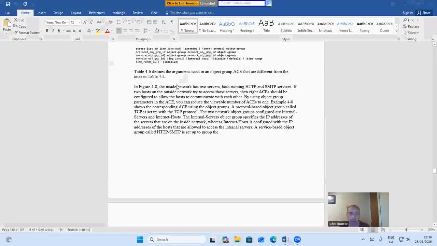In figure 4.8, the inside network has two servers, both running HTTP and SMTP services. If two hosts on the outside network try to access those servers, then 8 ACEs should be configured to allow the hosts to communicate with each other. By using group object parameters in the ACE, you can reduce the viewable number of ACEs to 1. Example 4.8 shows the corresponding ACE using the